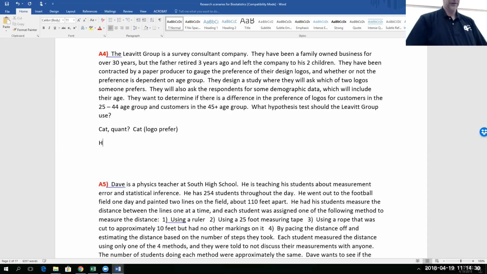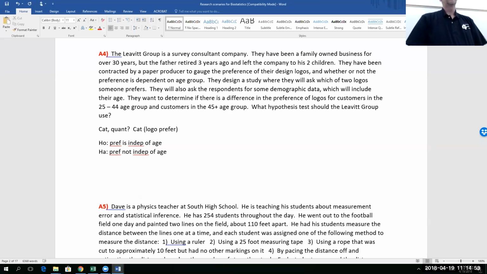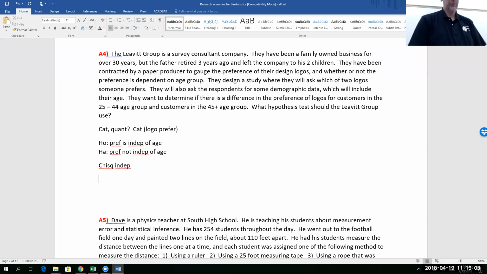Now, what's the null hypothesis? The alternative. Preference is independent of age. Preference not independent of age. Do you guys agree with that? Okay. So what kind of a test should I do? Chi-square independence test. We do our chi-square, we get a p-value equal to